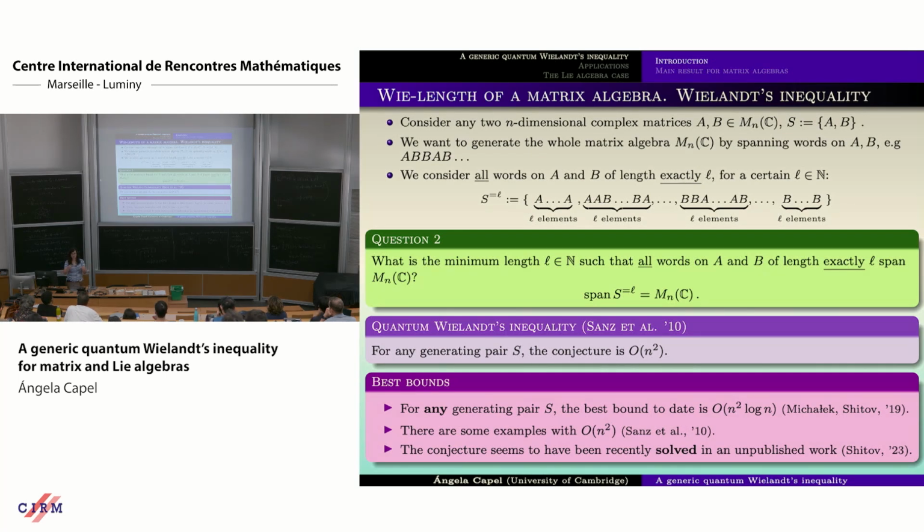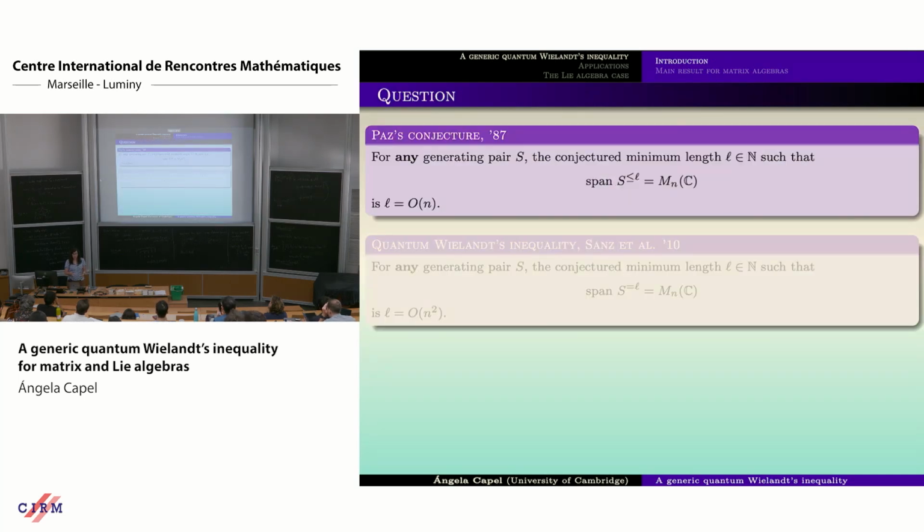And of course, as you can imagine, I'm going to focus most on the second one, but we are going to be jumping from both of them from time to time. And of course, here I'm talking about a result that holds for any generating pair, which means that we are always looking for worst case scenarios. But in principle, when we are doing experiments, this is not what we are finding. What we are finding when we do experiments with a computer is a generic case. It's something that happens with probability 1.